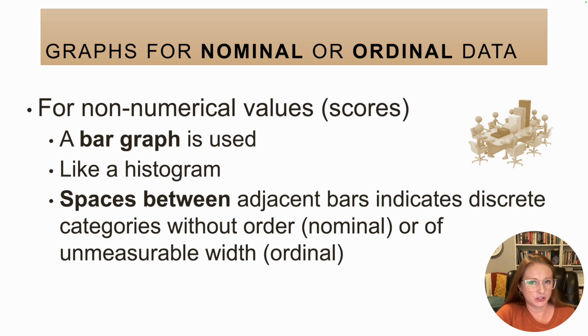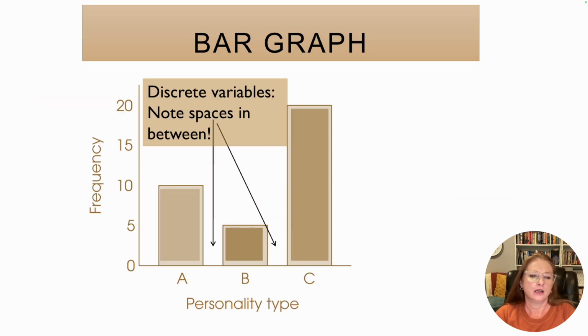It looks a lot like a histogram, but now instead of the little bars being right next to each other, you're going to have spaces. And those spaces indicate discrete or categorical data. So when we talk about things like personality type, you can have an A-type personality, you can have a B-type personality, you can have a C-type personality. So in a classic A-type personality, these are your high-strung, on-time,